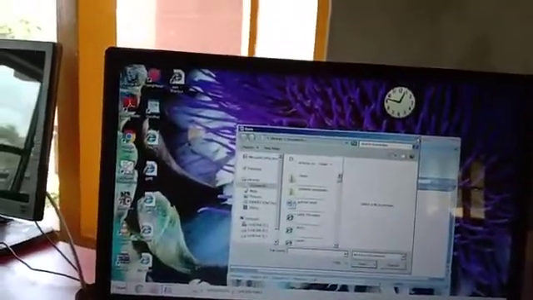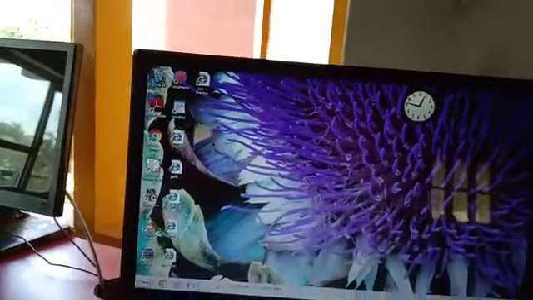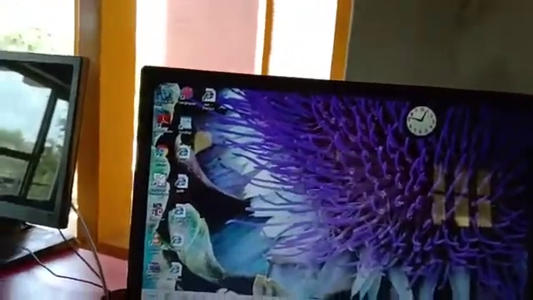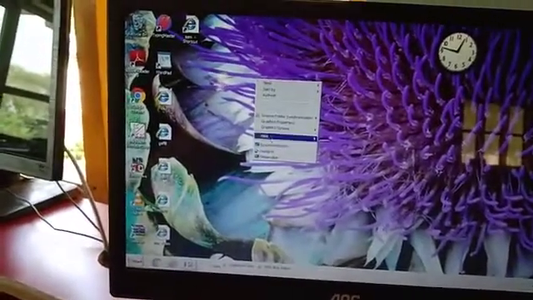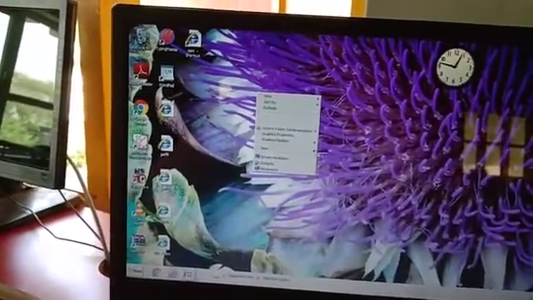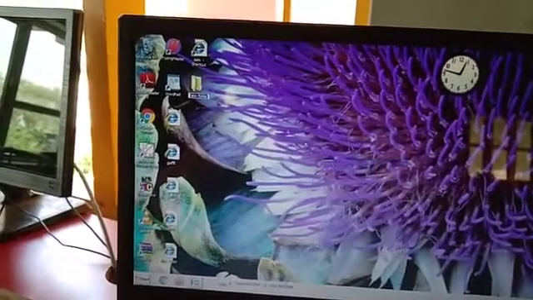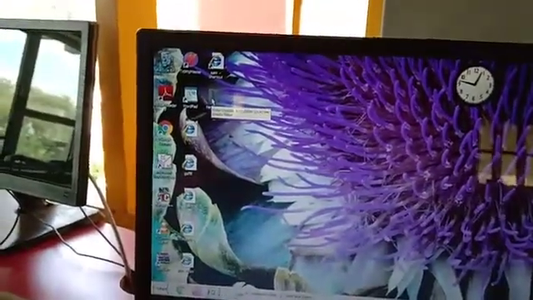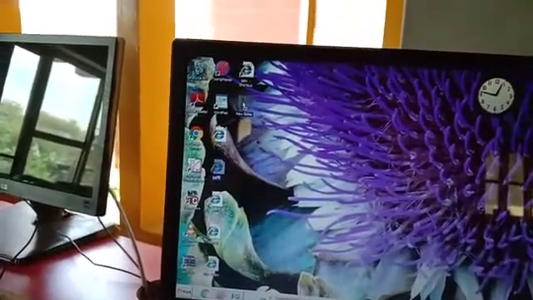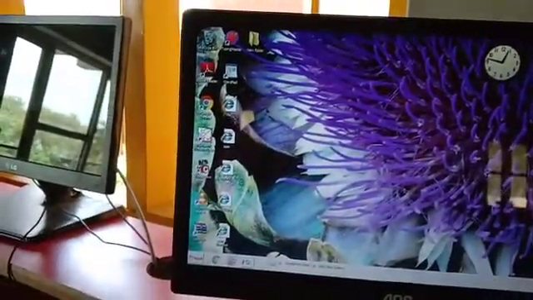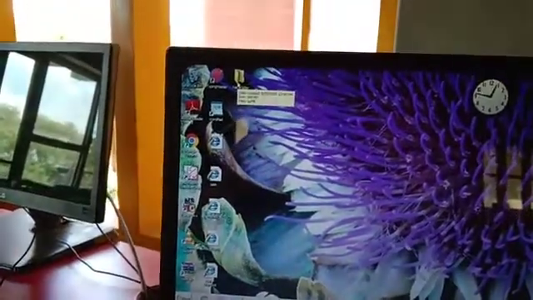Suppose I am making a new folder here. Just do a right click on the desktop. See here, new folder came, children. Now I open this folder. One GAFIL file is here.